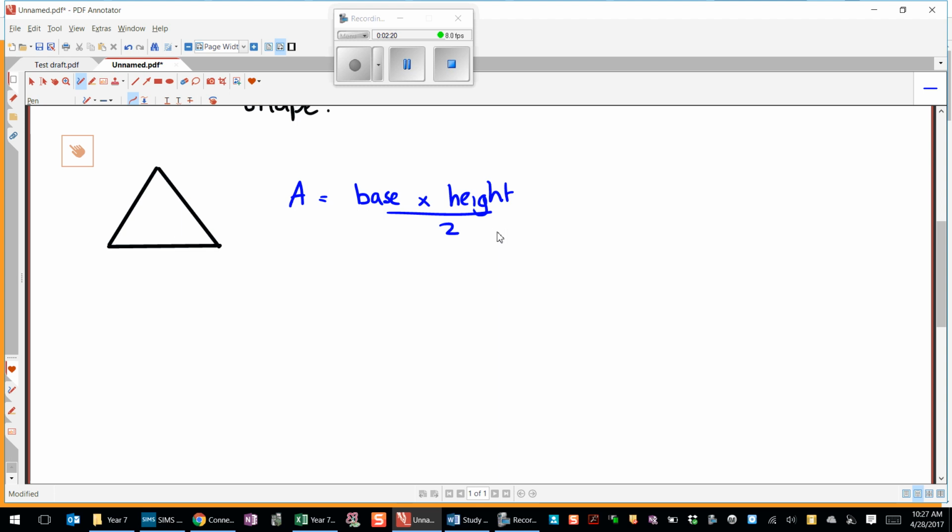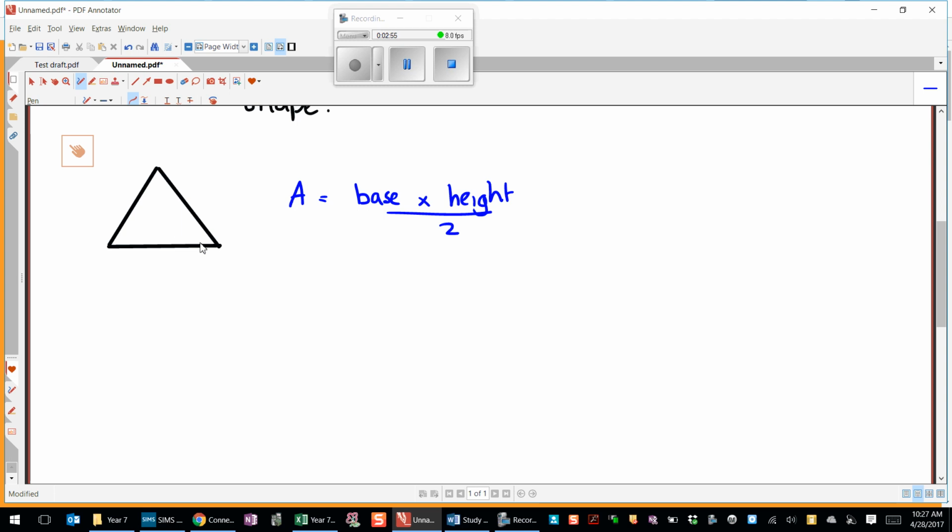Good. Who wants to be specific about base and height? So it's like the bottom. Is it? Okay, so which side of this triangle would have to be the base? Any of them, yeah. That's important, isn't it? Any of the sides of that triangle could be the base. And then the height would have to come from the highest point of the triangle, cutting down perpendicular